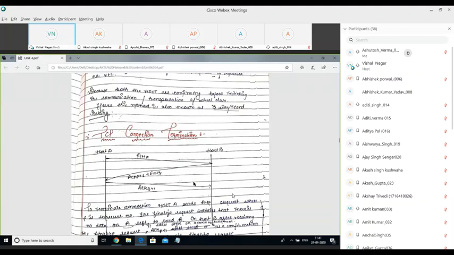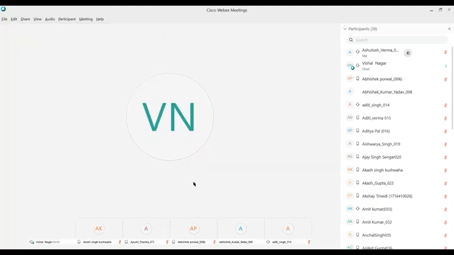So both parties are saying hello. That means the connection is established by both parties. So this is how the TCP connection and termination is done, how the two parties can establish and terminate the connection in the TCP system.